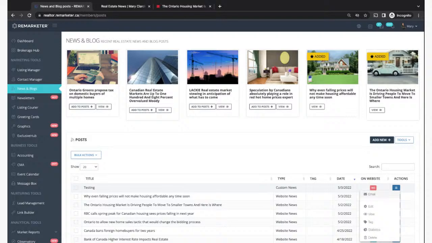The reason is because if you share something to social media, then if someone clicks on that link, they want to come back to your website and see the article on your website. So that link on social media should be pointing to a valid link on your website. However, because I haven't posted it on my website, the system is not going to allow me to share it